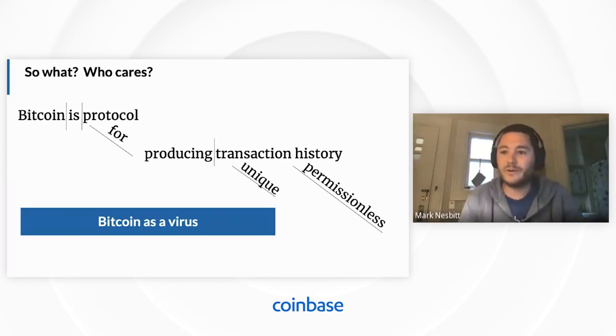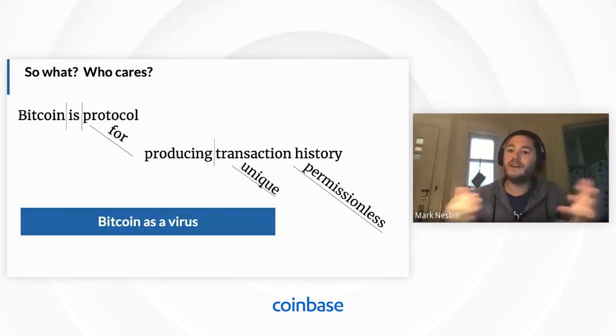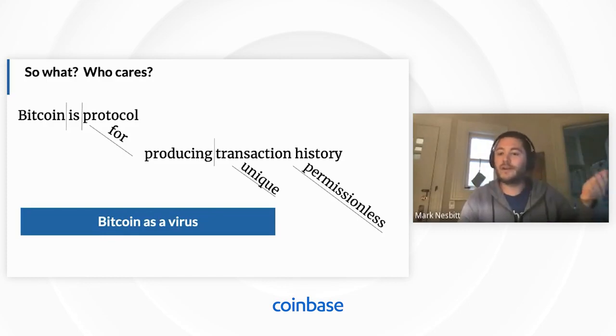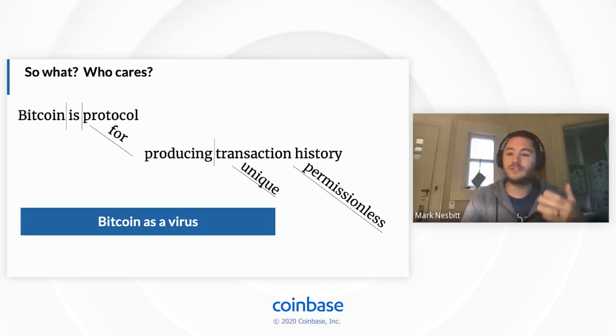And I think of Bitcoin similarly as sort of moving under its own weight. It's like a boulder rolling down a hill. It's created a system where it provides a service. It provides a unique, permissionless transaction history. This is a service that a certain number of human beings want to participate in. They want to make transactions with these properties, unique and permissionless. And Bitcoin provides that service, and it incentivizes people to provide that service, to mine and be miners and host this. And as more people want that, the network effect grows, and it grows under its own volition, again, like a boulder rolling downhill.